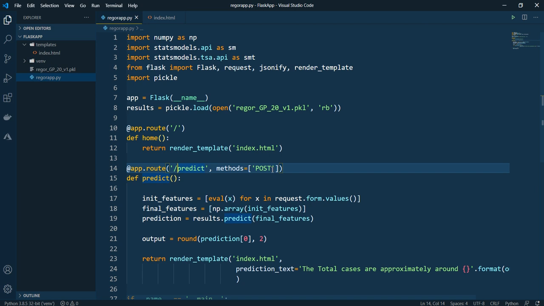So my idea is to make the user enter all the 31 different variables. I know it's a very tedious activity to do, but this is a small application to understand. So I'll make the user enter them on my HTML web page, and I'll post this to my server, to a local host which is there internally. Internally it will connect to your pickle file and do the prediction.